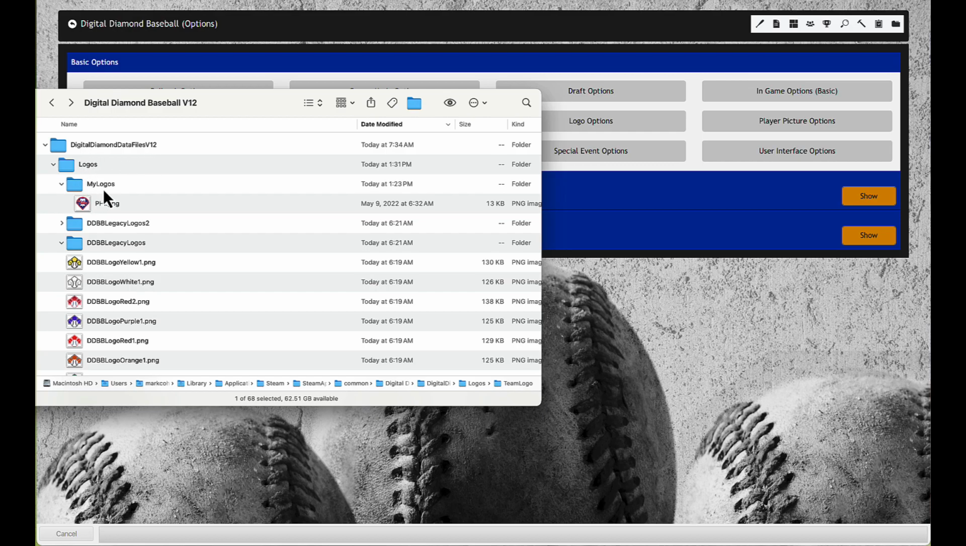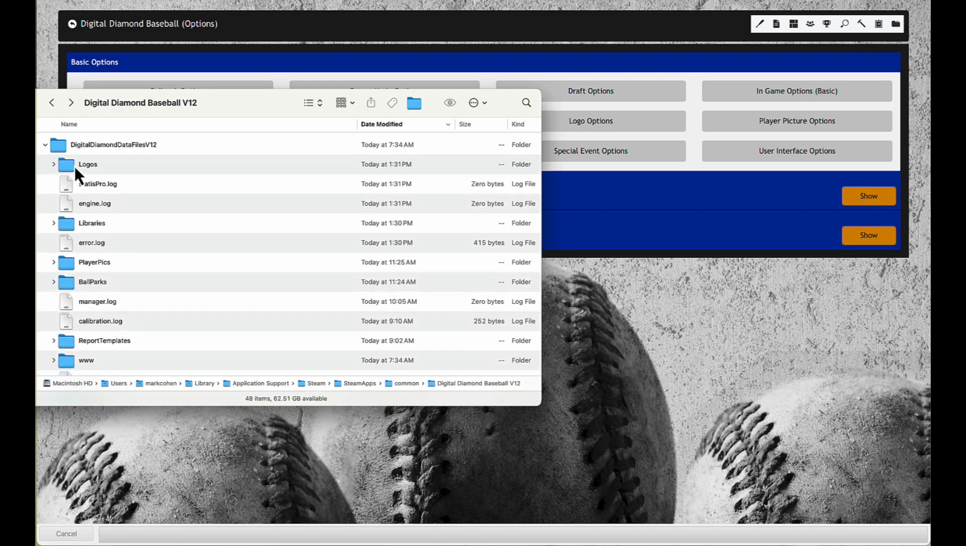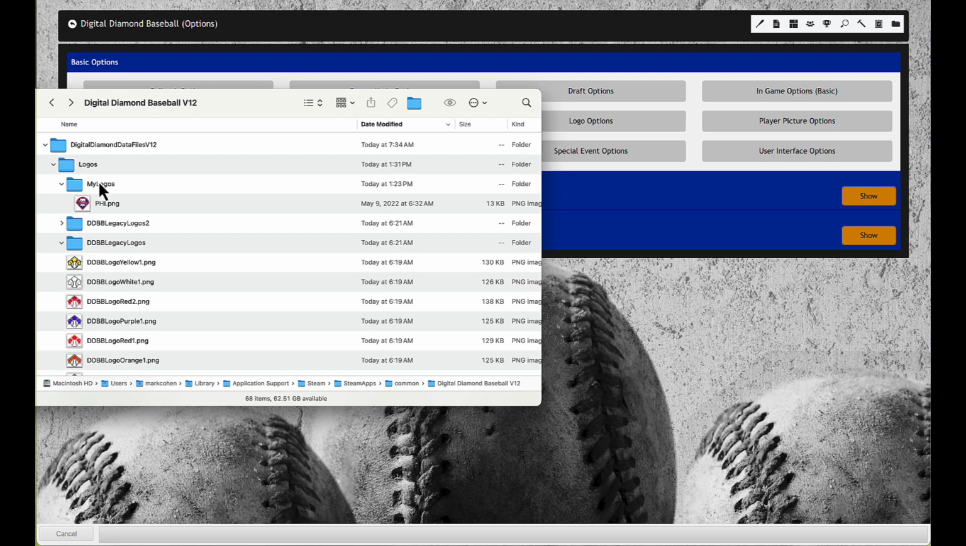So here is that My Logos folder, and notice it's inside the Logos folder in Digital Diamond data files. The folder you create has to be inside the data files folder, and it has to be inside the Logos folder. I put it there, and it's called My Logos, and in there I put one logo. The logo follows a naming convention where the three-letter name is the three-letter abbreviation for the Philadelphia Phillies. If you use the three-letter tag for the team, it will be able to match that logo up with the team